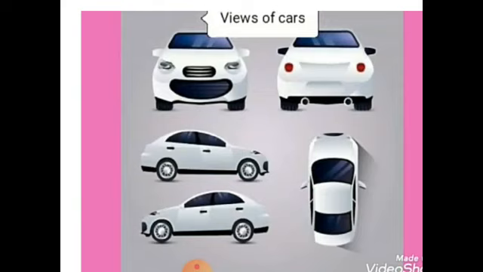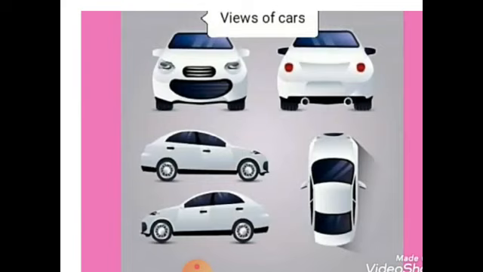What do you observe in this picture? All the 4 images are there in this picture. Is it right, children? Okay. When we see all the 4 images together, you find that all are images of a car. Then we came to know that one object may have different views from different sides. It depends on where we look at that object from. Is it right, children? One object may have different views from different sides.